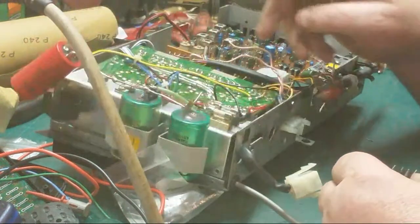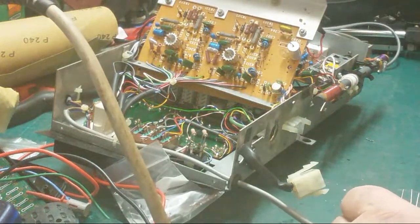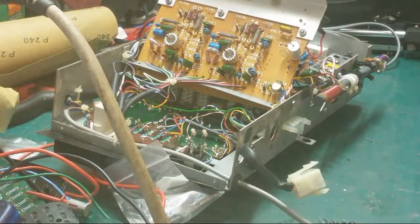Now the positive is there. The positive is there. Double check this, make sure I've done it right. I'm pretty sure I've done it right, but I like to check. Just see the diode through there. You just see them. Yeah, that's correct. I'm going to have to take that apart in a minute anyway for that capacitor, because